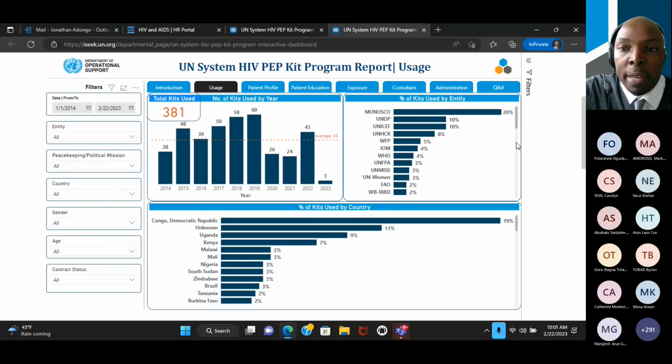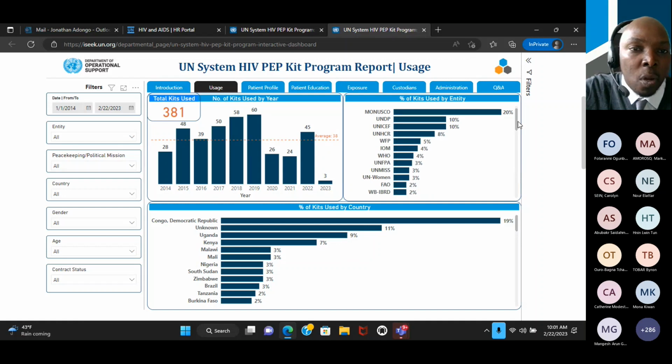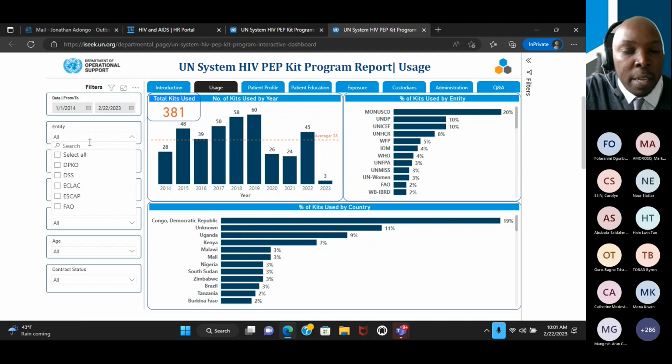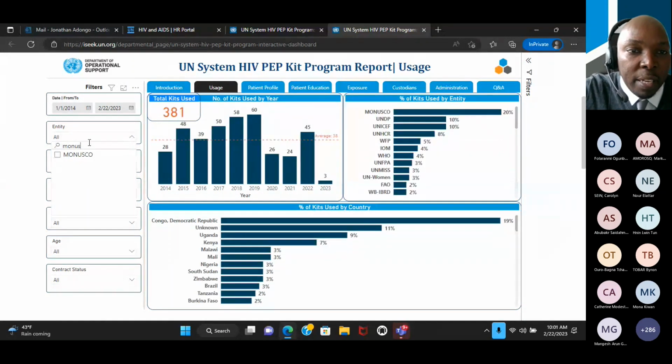Obviously, we can see that some missions have higher usage than others, but you can either scroll down, or you can go here and do a text search. Let me enter one. I can pick a particular entity, and your information is going to cut based on the particular entity that you fix. But because I used the text search method, I have to clear the text to get the rest of the drop down back, in case I make a mistake, in case I didn't want MONUSCO.